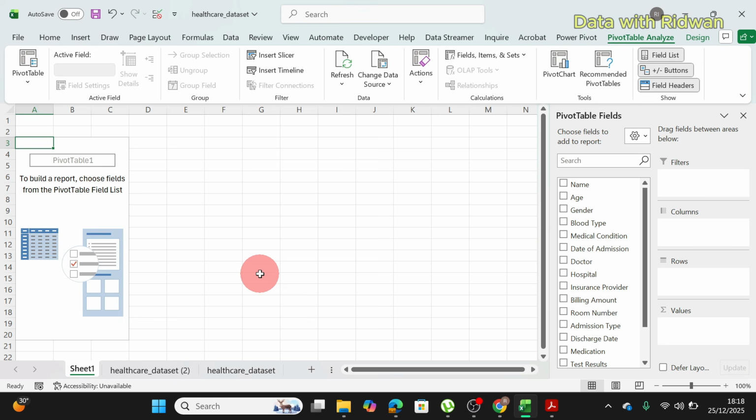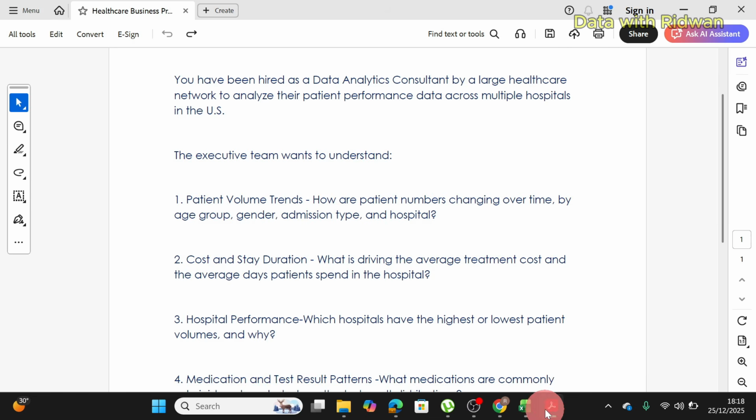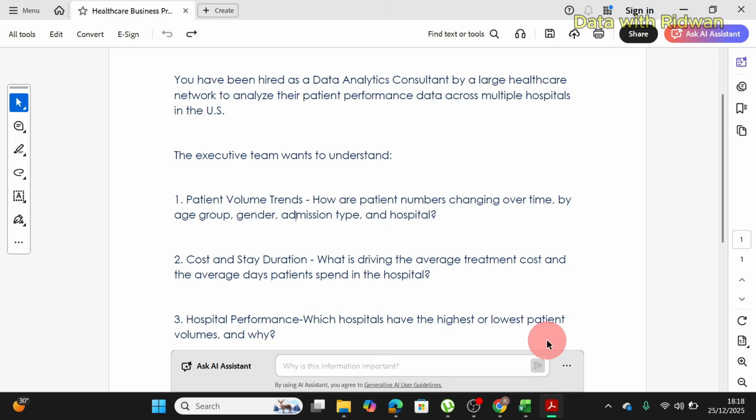So you see this is the pivot table. Now we're going to use this to answer our questions. The first question, remember, says patient volume trend. Let's first of all track the KPI that matters. I mean, what is the total number of patients? So to do that, we are going to,